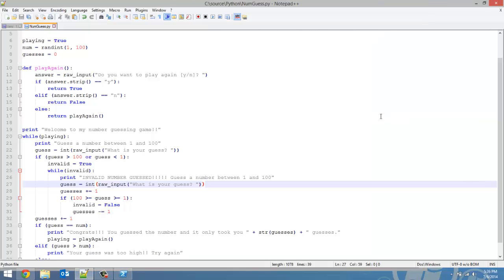Next, we got play again working, but you'll notice when I typed in 37, that was still the answer. That was still the random number. All we're doing now is letting the user keep playing. What we got to do now is reinitialize the game so that a new random number is chosen and guesses is set back to 0. So what we're going to do there